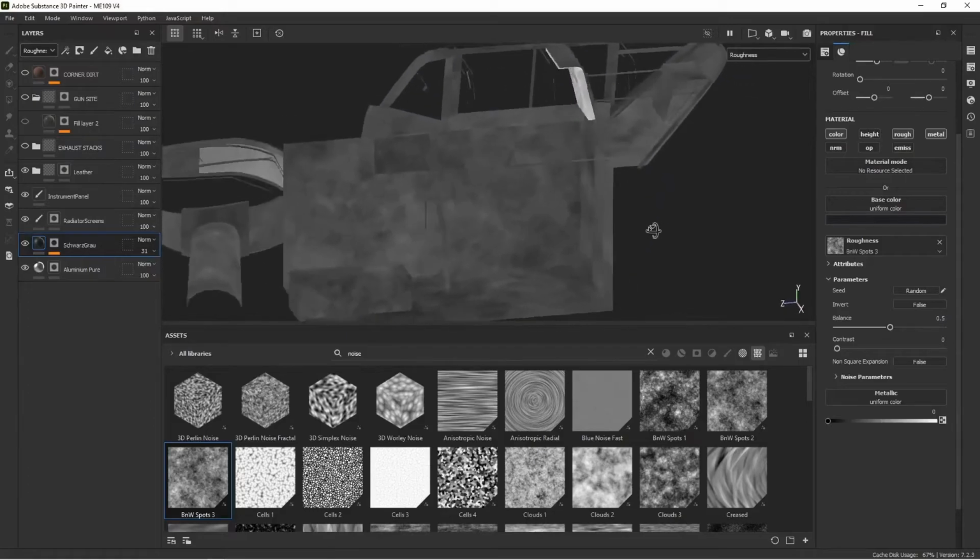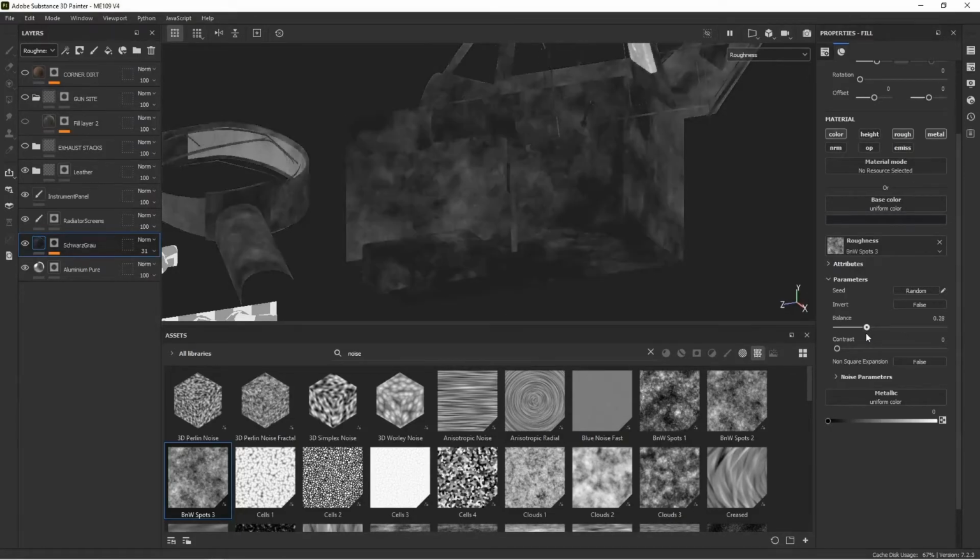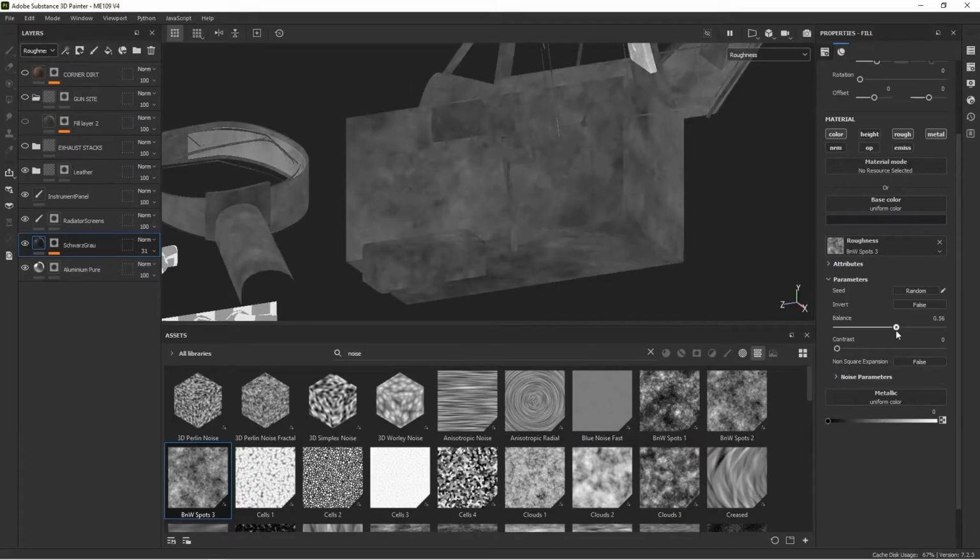So you can look just at roughness here. Obviously anything that's darker is going to be shinier, anything that's lighter is going to be more matte, and you can change values here. If I wanted to make things darker or lighter, darker being glossier,